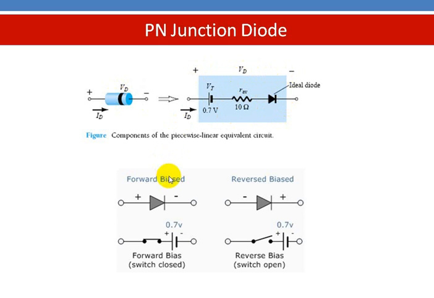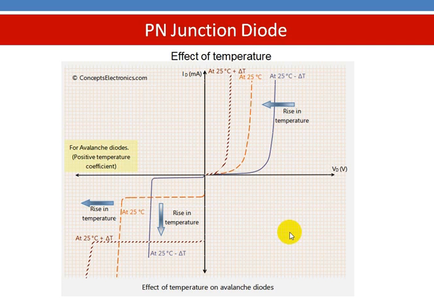In the forward bias condition, the anode is made positive with respect to the cathode. The diode conducts current, it acts as a short circuit, and the cut-in voltage will be 0.7 volts. So it will be opposing the forward voltage. Only if the forward voltage becomes equal to or slightly greater than this, then the current can go through the device. In the reverse bias condition, the cathode is made positive with respect to the anode. Therefore, the diode will not conduct current, so it is shown as an open circuit. And this is the barrier potential at the junction.